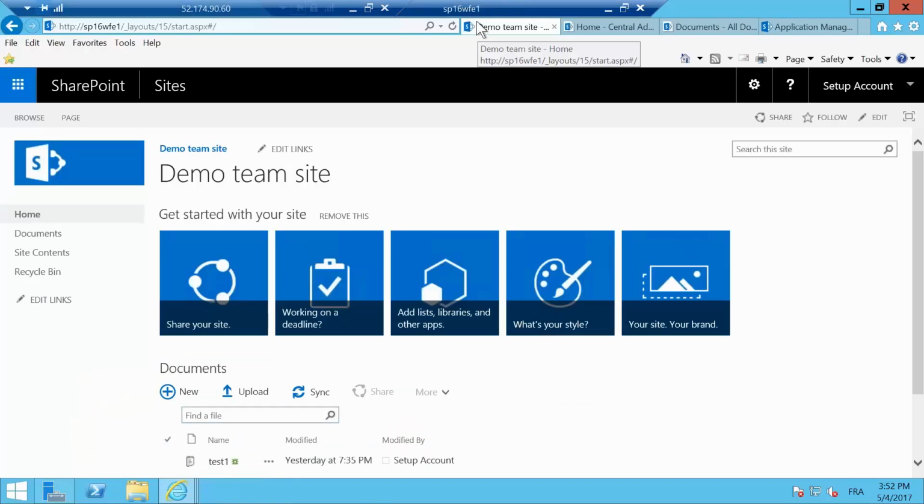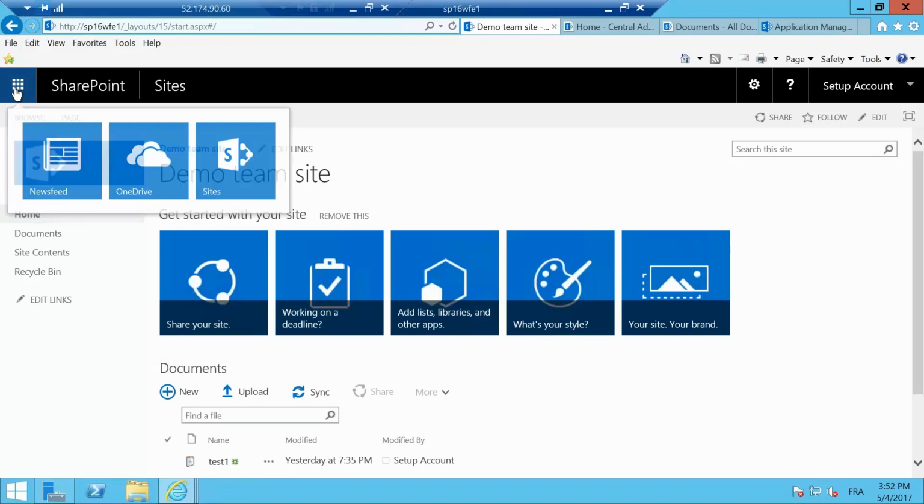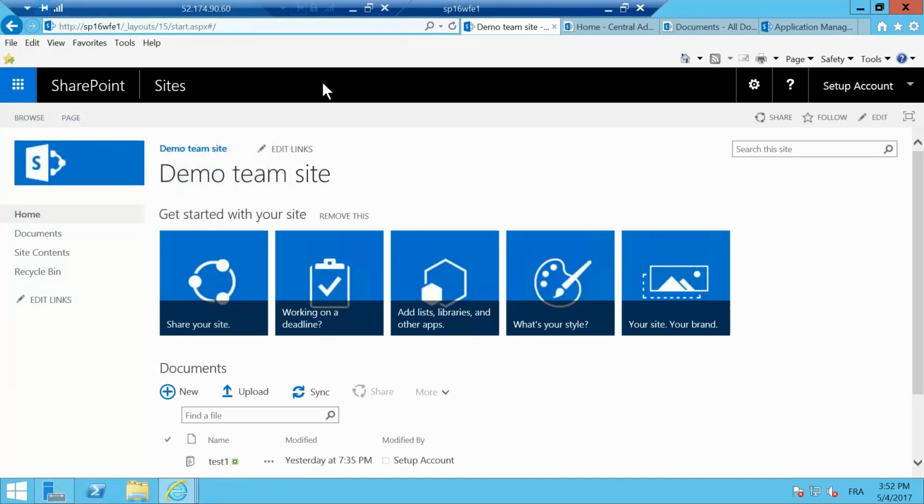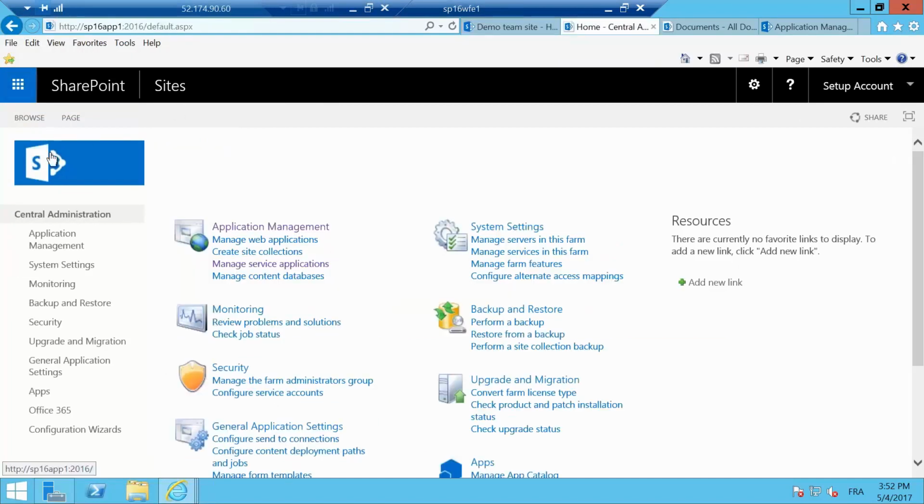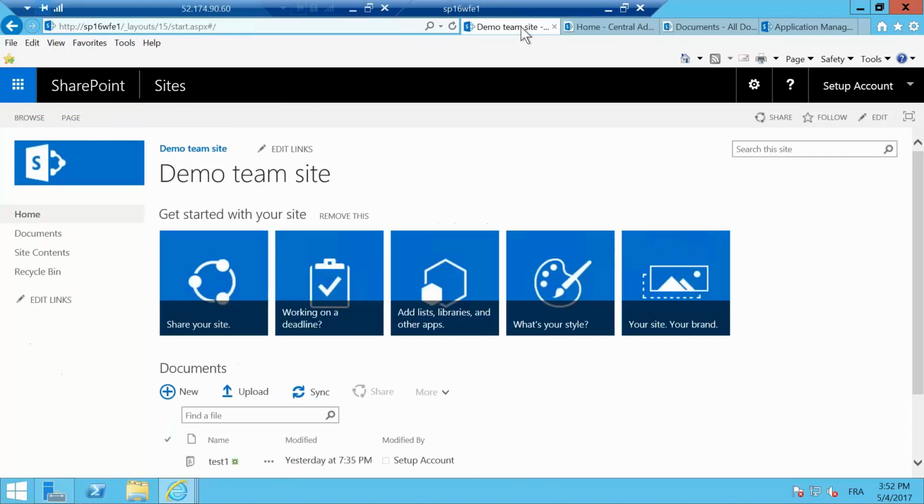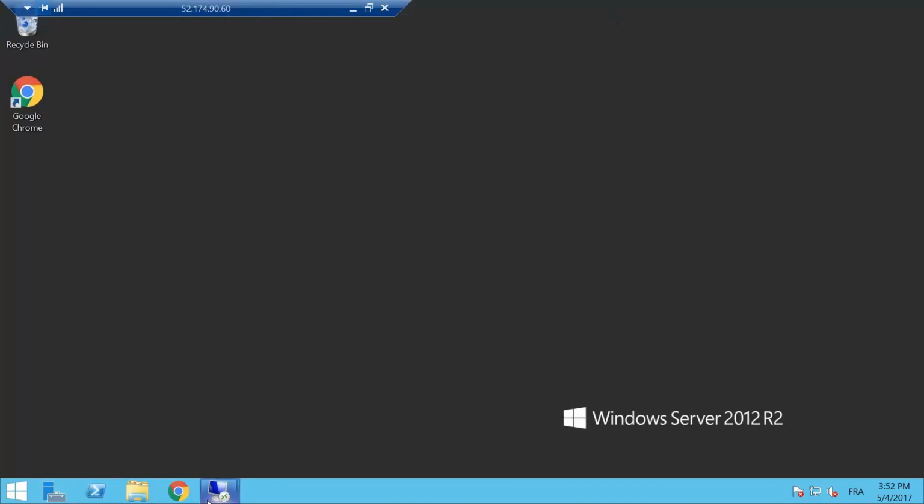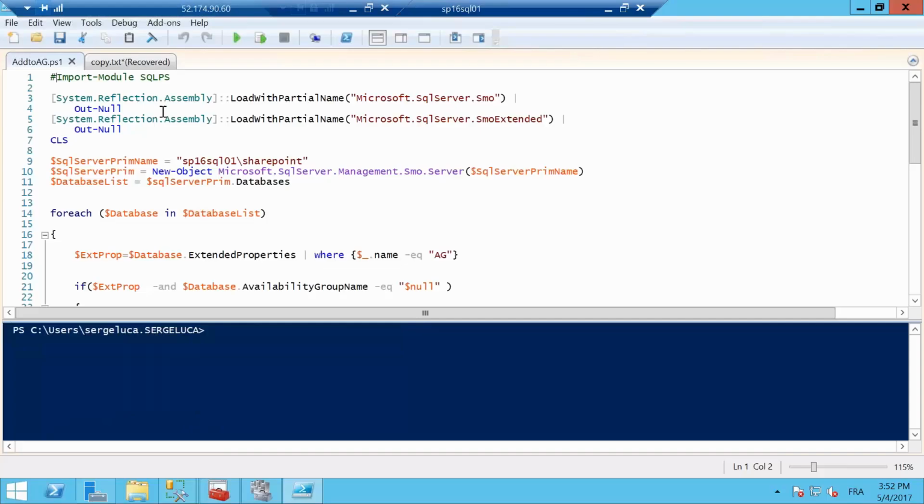So this is my SharePoint farm in Geneva, the main farm. It's a SharePoint 2016 farm. And here I have an out-of-the-box team site, right? This is my Central Administration in Geneva. And at the moment, this farm is pointing to the primary node, which, if I go to SQL Server,